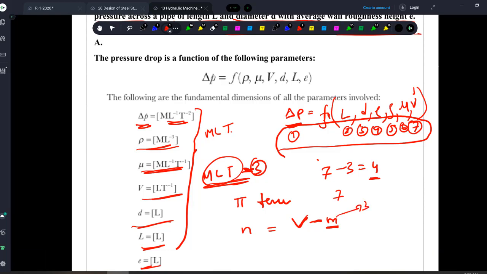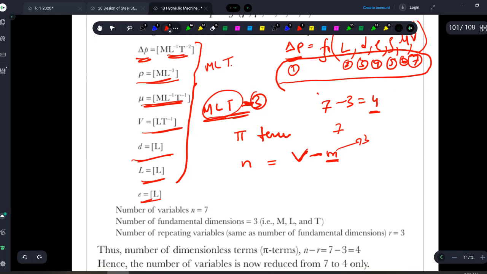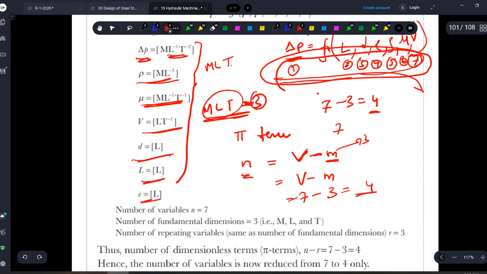Okay, in the examination, don't blindly substitute 3. That's why I have not given 3 directly. If you want to twist the question paper, he will give fundamental quantities as m, l, t, theta, and there are 7 variables. How many pi terms can be formed? Your answer will be v minus m. V is the number of variables involved here, which is 7, minus m. M is 3. So the number of pi terms which you can form is 4.